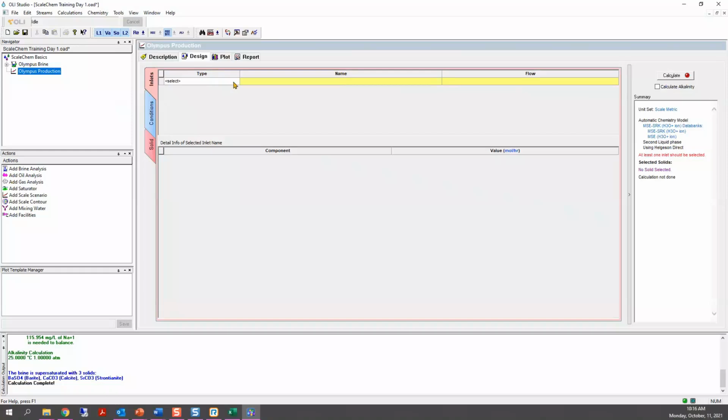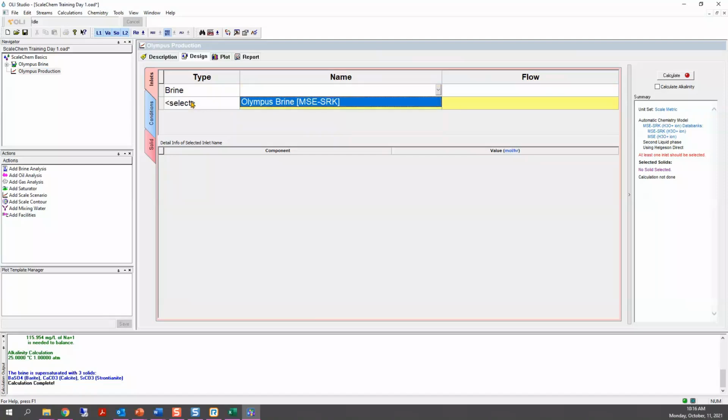So you'll see here in the inlets tab, you have 3 different columns and you need to fill each one of them. You'll see that you have the option to select from whole fluid and brine. We will select the brine.